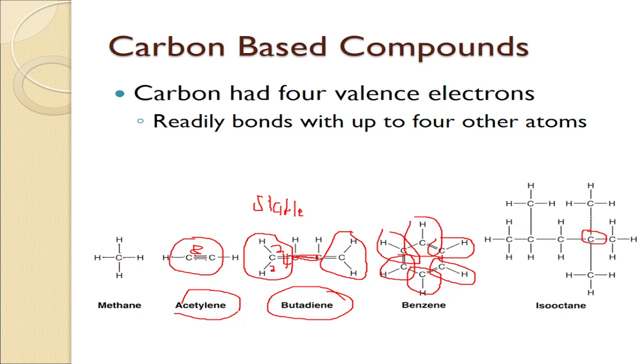Okay, that's going to be carbon, carbon, carbon. So it forms 4 bonds. Each bond shares 2 electrons. So this one has 8, this one has 8 also, this one has 8, this one has 8, and then this one is 8. So this is stable. So that's how carbon bonding actually works.